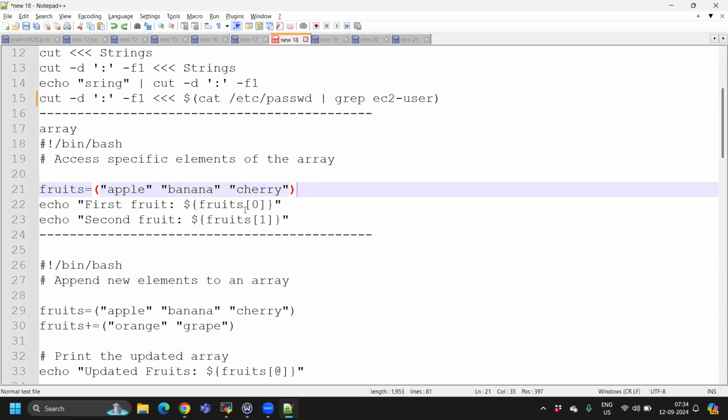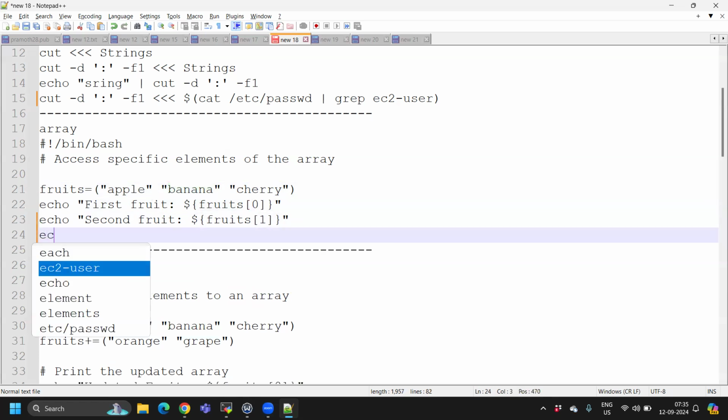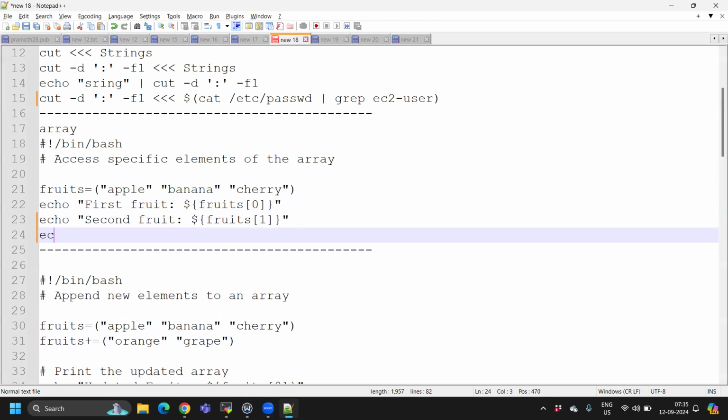I said the array starts from index 0. இப்போ if we want to know the first fruit, the variable or first fruitல என்ன இருக்குன்னு பார்க்கணும்னா, we can use 0. 0 in the sense index value is 0. It means it takes apple as the first value. The second value would be banana. So if I want to see the third value, I can print